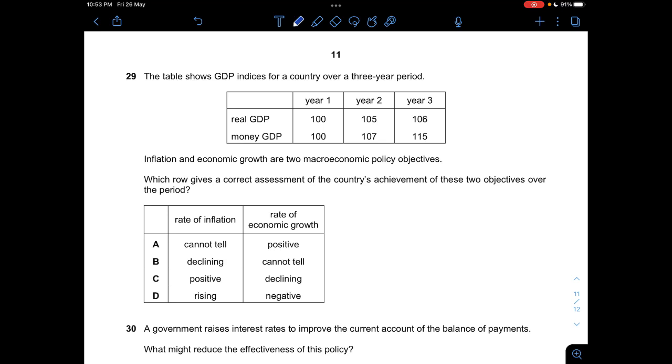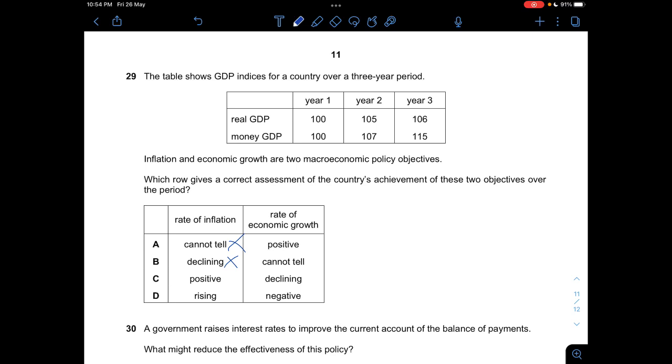So you can see that the GDP increases, so the inflation would then have to increase, right? So A, it says cannot tell, not correct. It says inflation declining, which is not correct. Now we cannot determine whether this inflation is rising, but we can tell that there is indeed inflation, so the better one will be positive. And then the rate of economic growth is